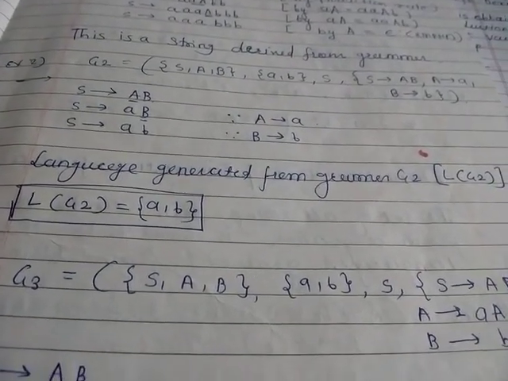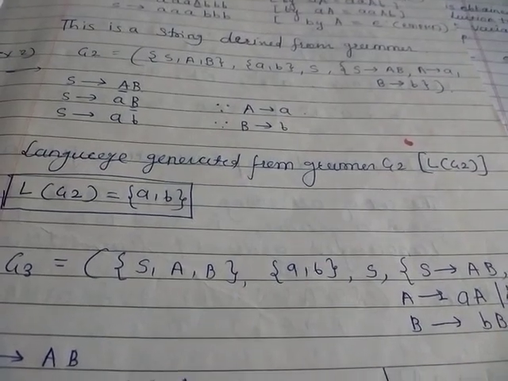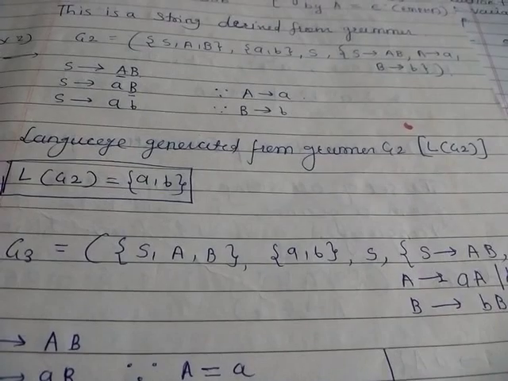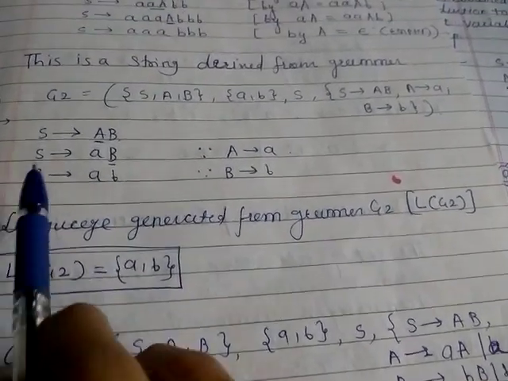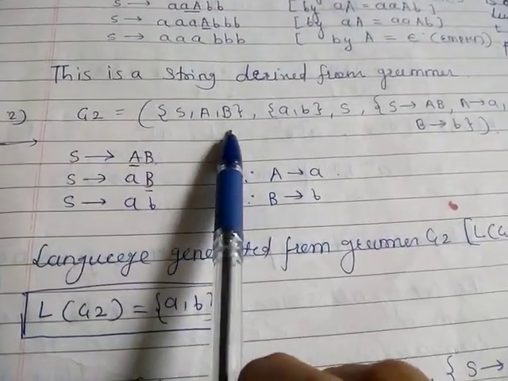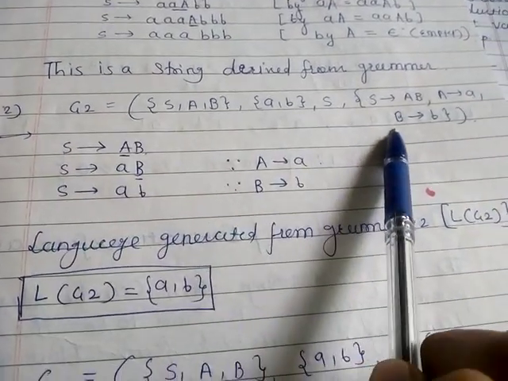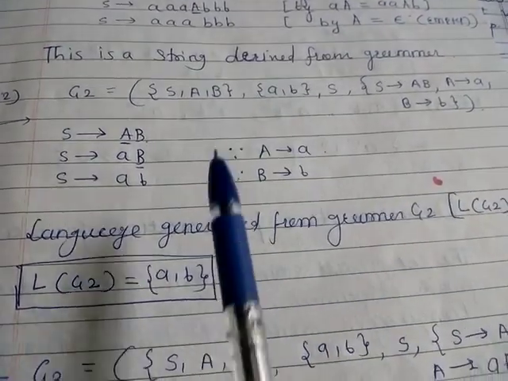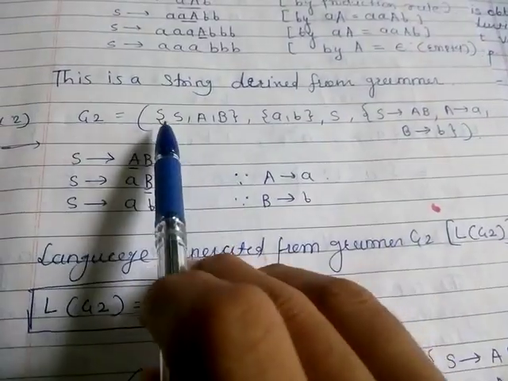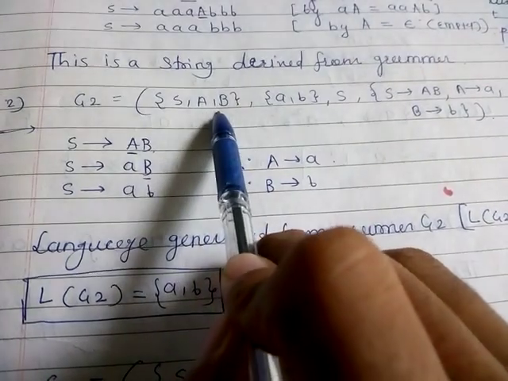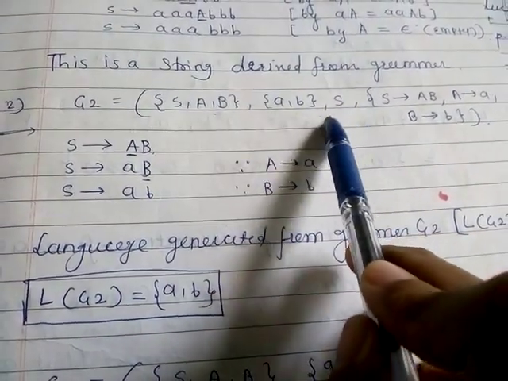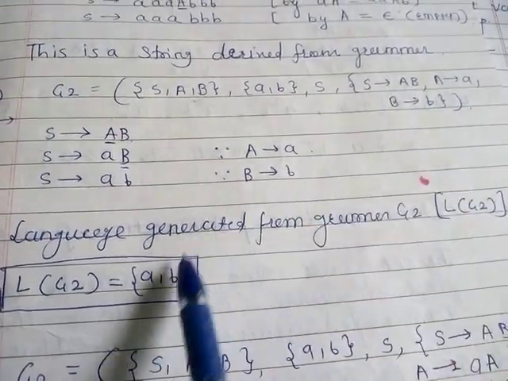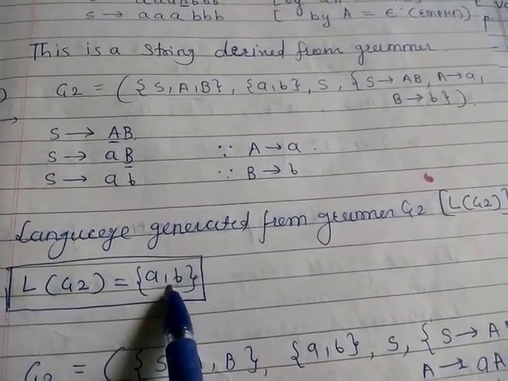In this lecture we will see how we can generate a string by using the grammar and how we can form the left derivation tree as well as the right derivation tree. So this is the example. This example shows what kind of string or language is generated by using this grammar. First of all, these are the non-terminal symbols, these are the terminal symbols, the starting symbol, and this is the production rule. So by using this production rule, which kind of language or string is generated?